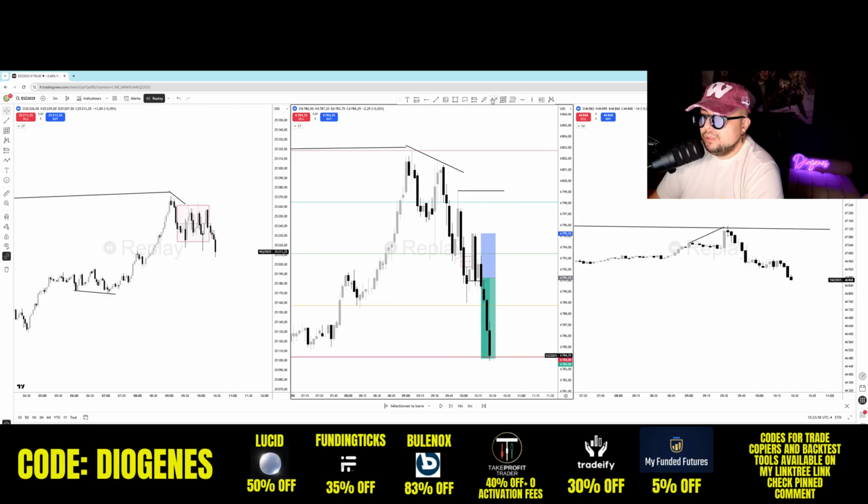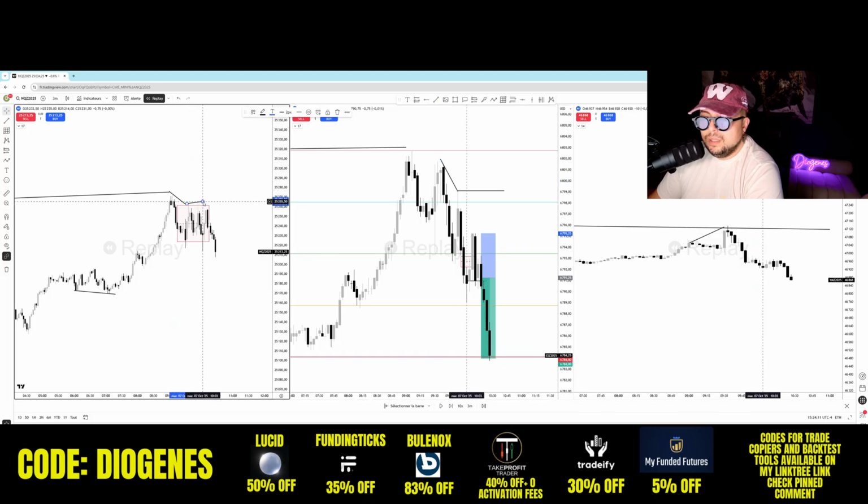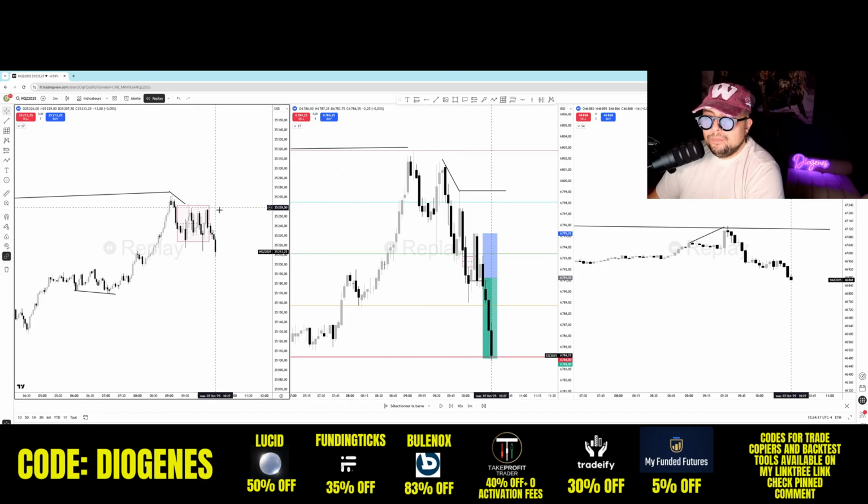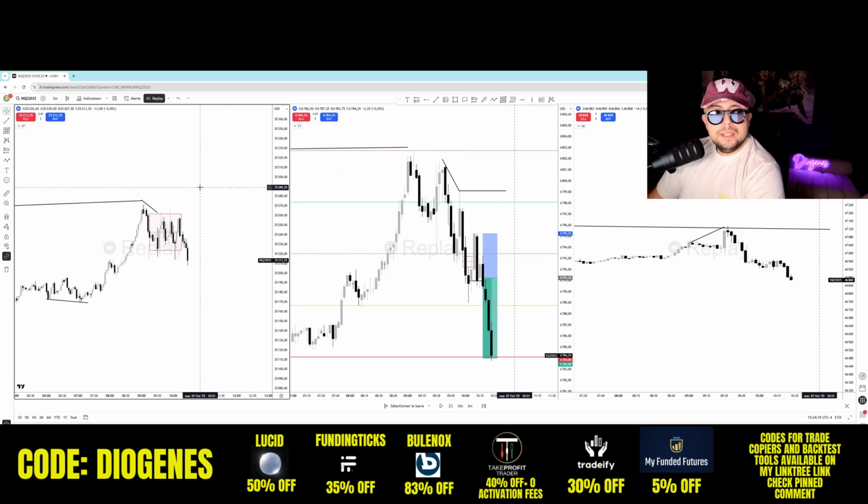By the way, I forgot to tell you guys about why I was more confident in this short. As you can see here, we had also SMT here, right? So if you can see closely, Nasdaq took this high, ES didn't. So this was high probability for me, all right? Anyway, so for the consolidation, okay? So price consolidated, I was in M1,